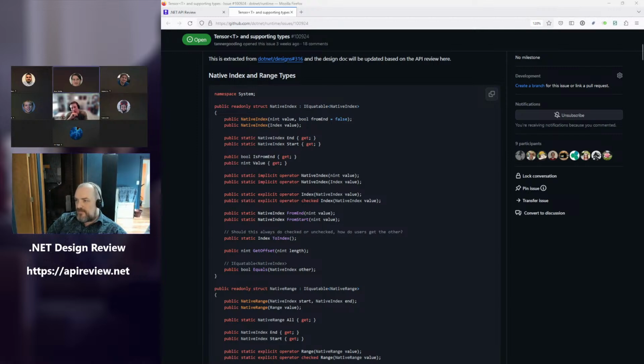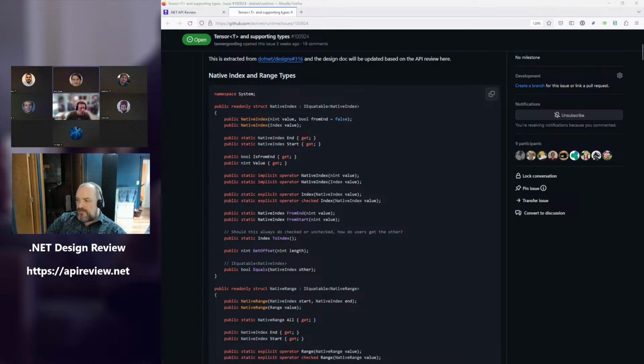As per last time, working with tensors, you need to be able to work with larger than 2.14 billion indices. So that necessitates us exposing a new type, native index and native range. These are essentially identical to what they were before, with the addition of the things that API review asked to be added.